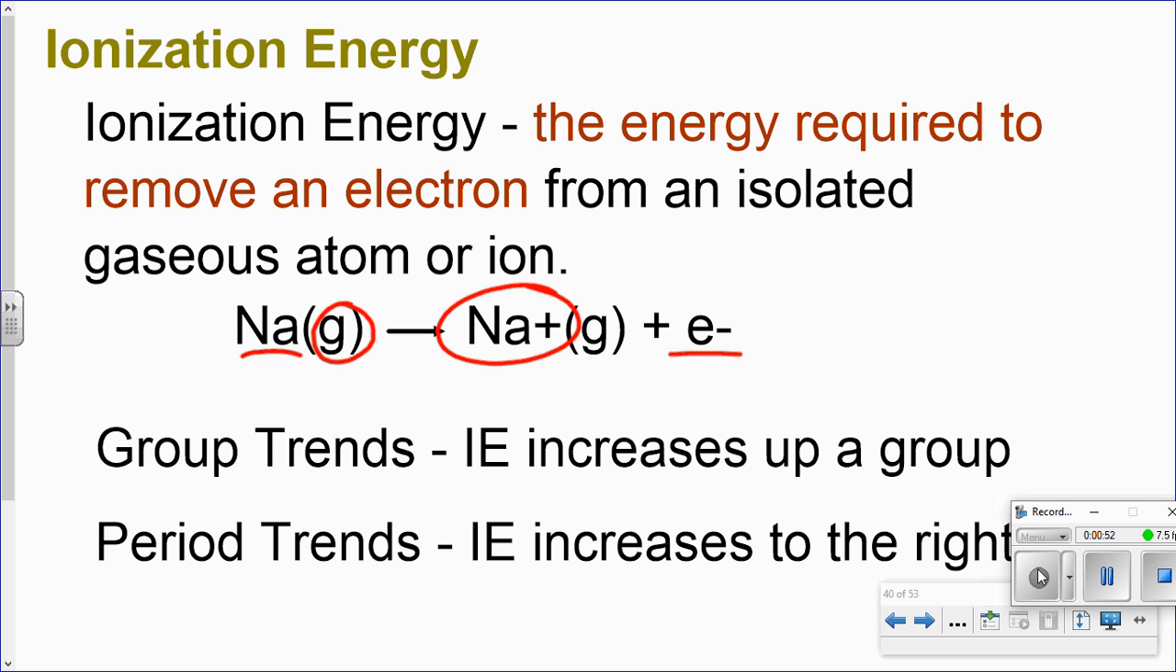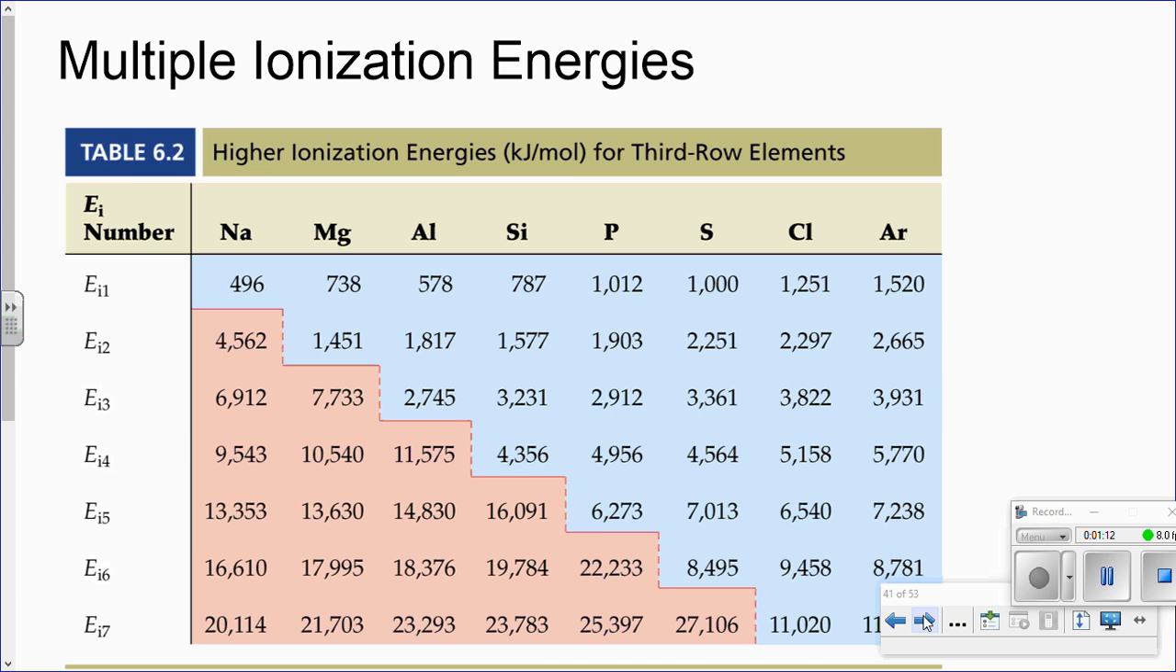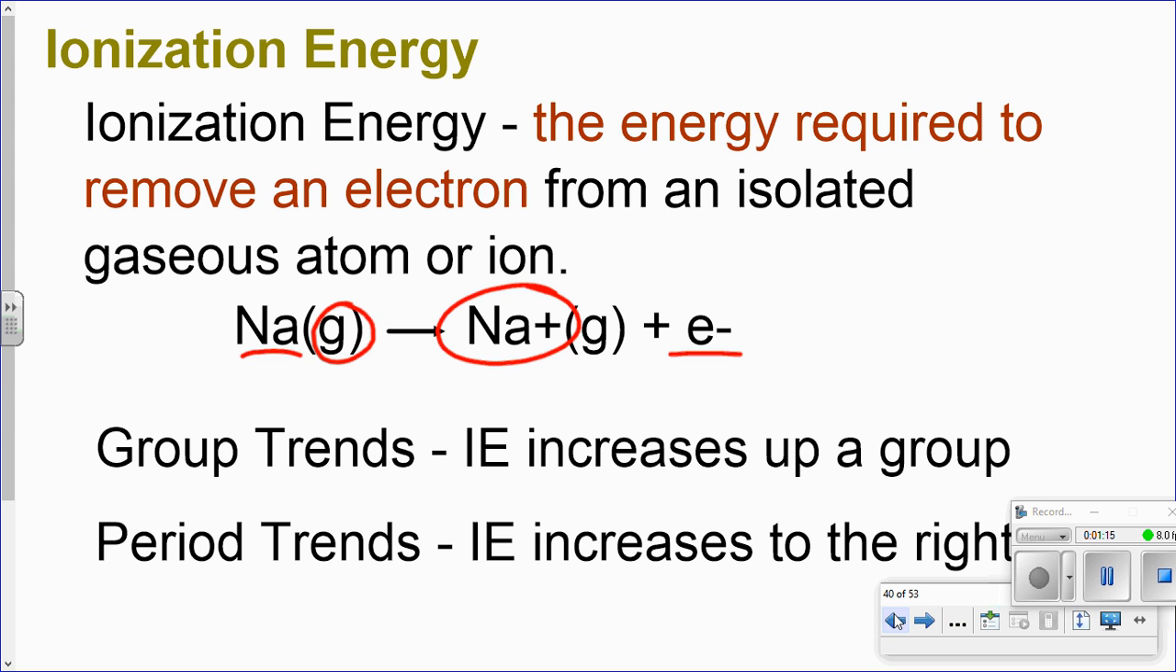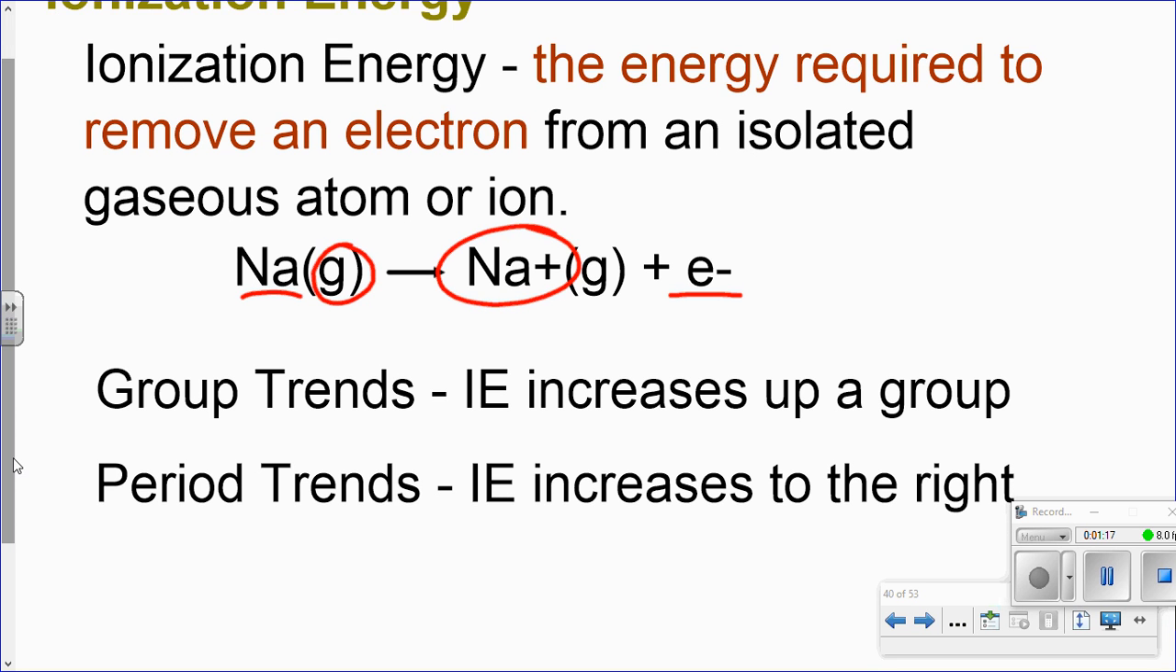charge. Now on the periodic table, we see that the trend increases up a group and increases to the right. So the highest ionization energies, the most energy it takes to remove electrons, is the upper right. The least amount of energy is the bottom left. Okay. So if we take a look at a periodic table,